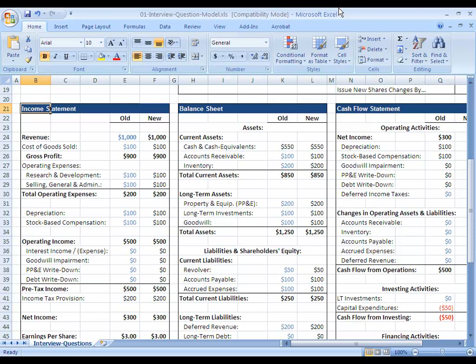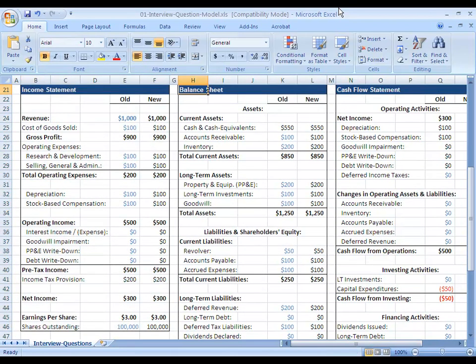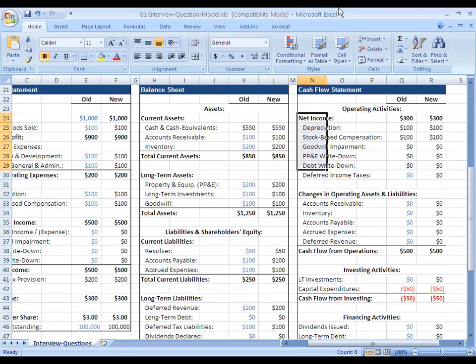Now, if you get a follow-up question on how the statements are actually linked together and the interviewer wants more detail on that, what I would say is something like the following. The way the statements link together is that on the income statement, the net income, what you get as the bottom line in the income statement, will flow into the cash flow statement because it's the top item right there. Any other non-cash charges on the income statement are also reflected and added back at the top of the cash flow statement.